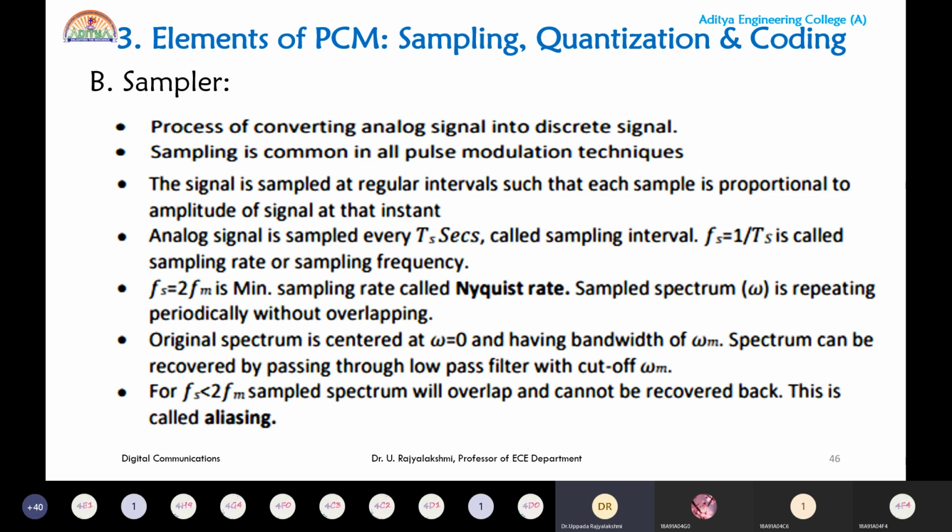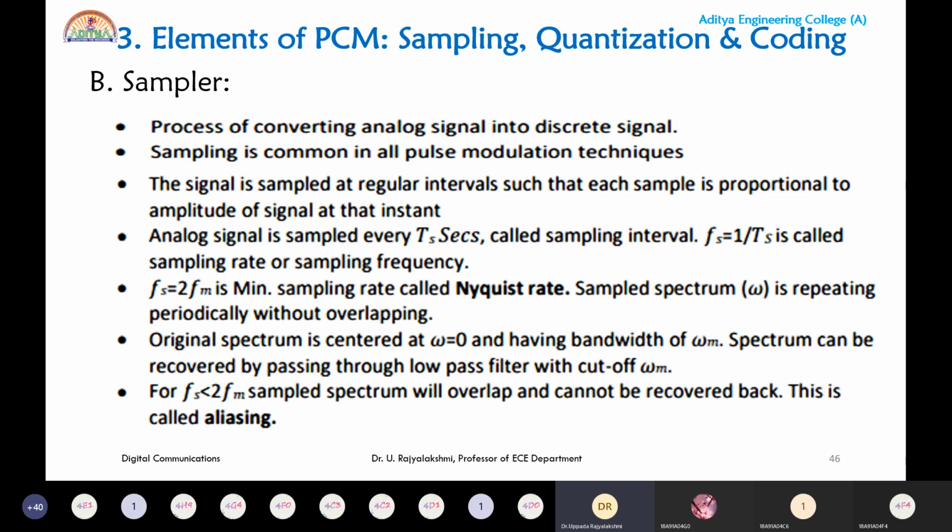So this is about the sampling, and I think each and every student is familiar with all the points I mentioned here, because you studied these points so many times. Okay, so the analog signal is discretized with a sampling interval of Ts, and the sampling rate is the reciprocal of the sampling interval, Fs. Okay, and what is the Nyquist rate? It is 2 fm, and for proper recovery, Fs should always be greater than or equal to the Nyquist rate. But whenever Fs goes below 2 fm, what will happen?